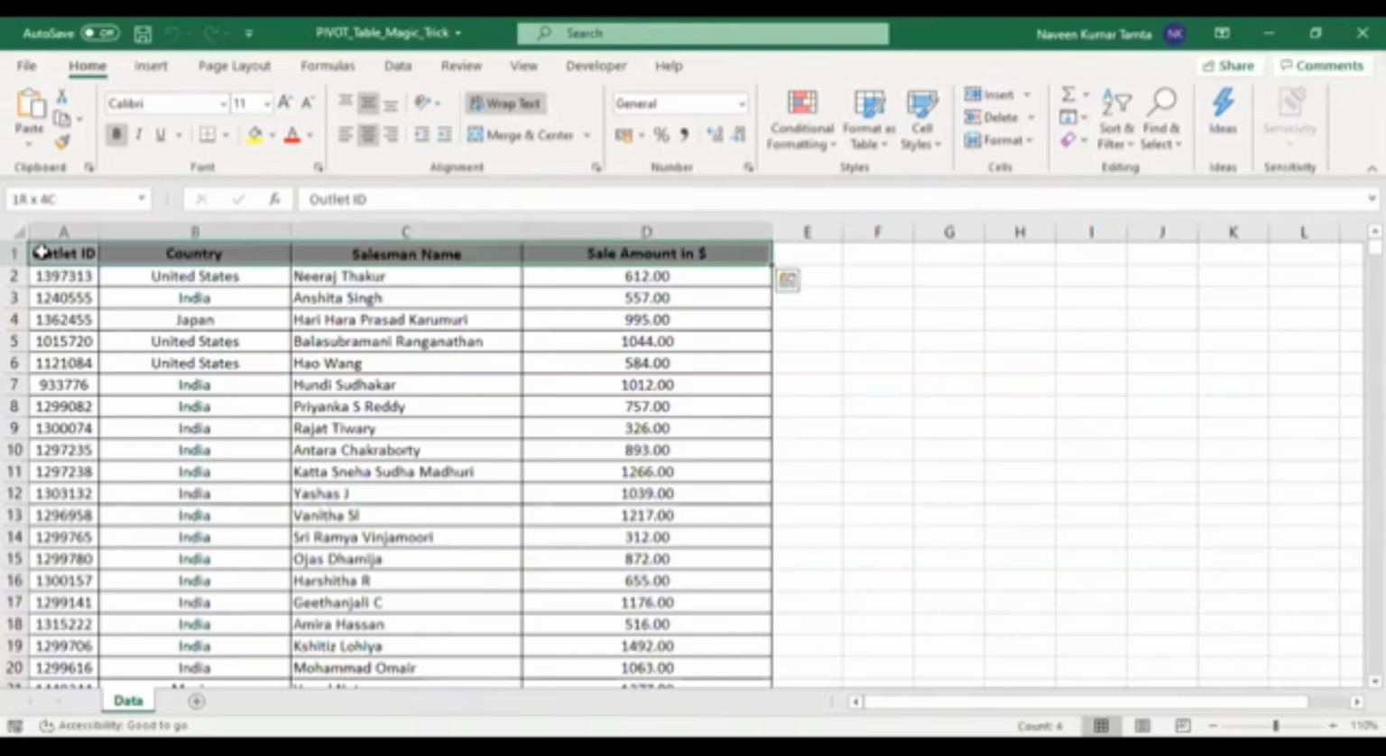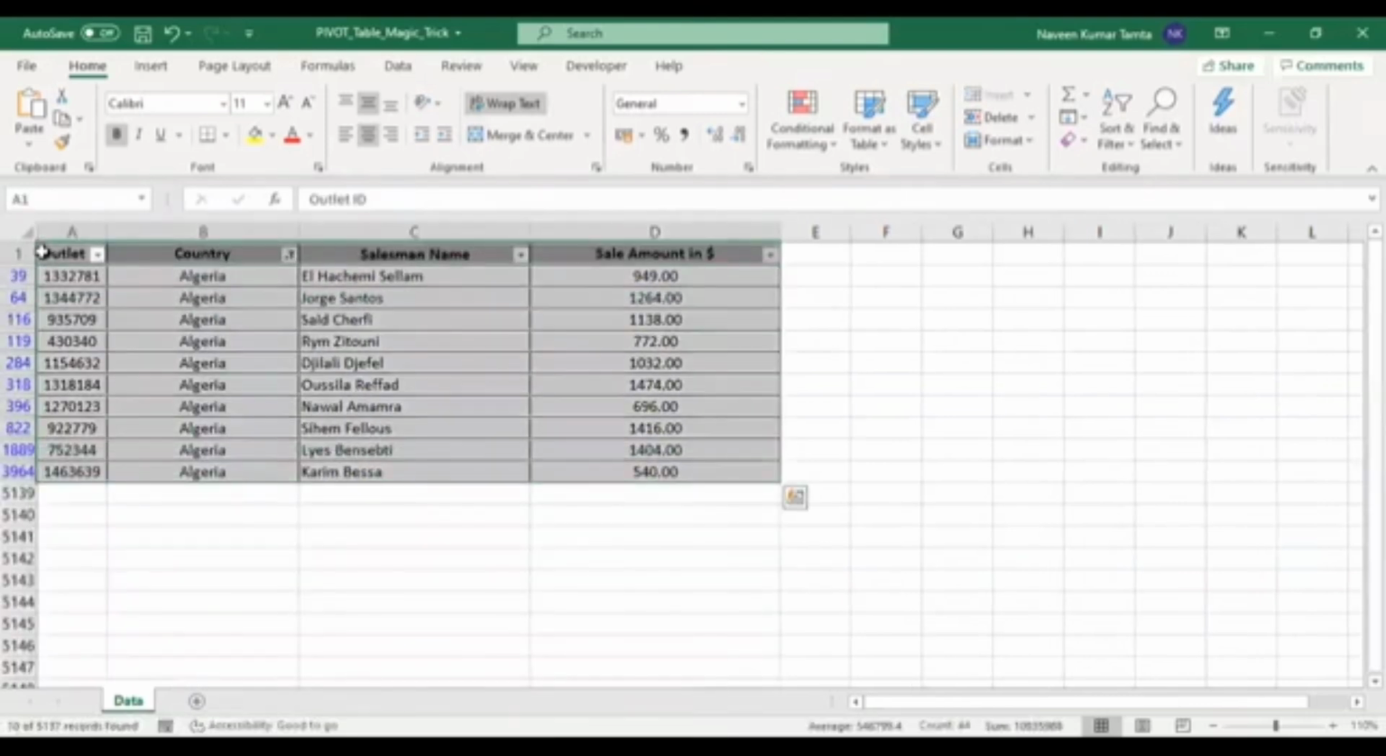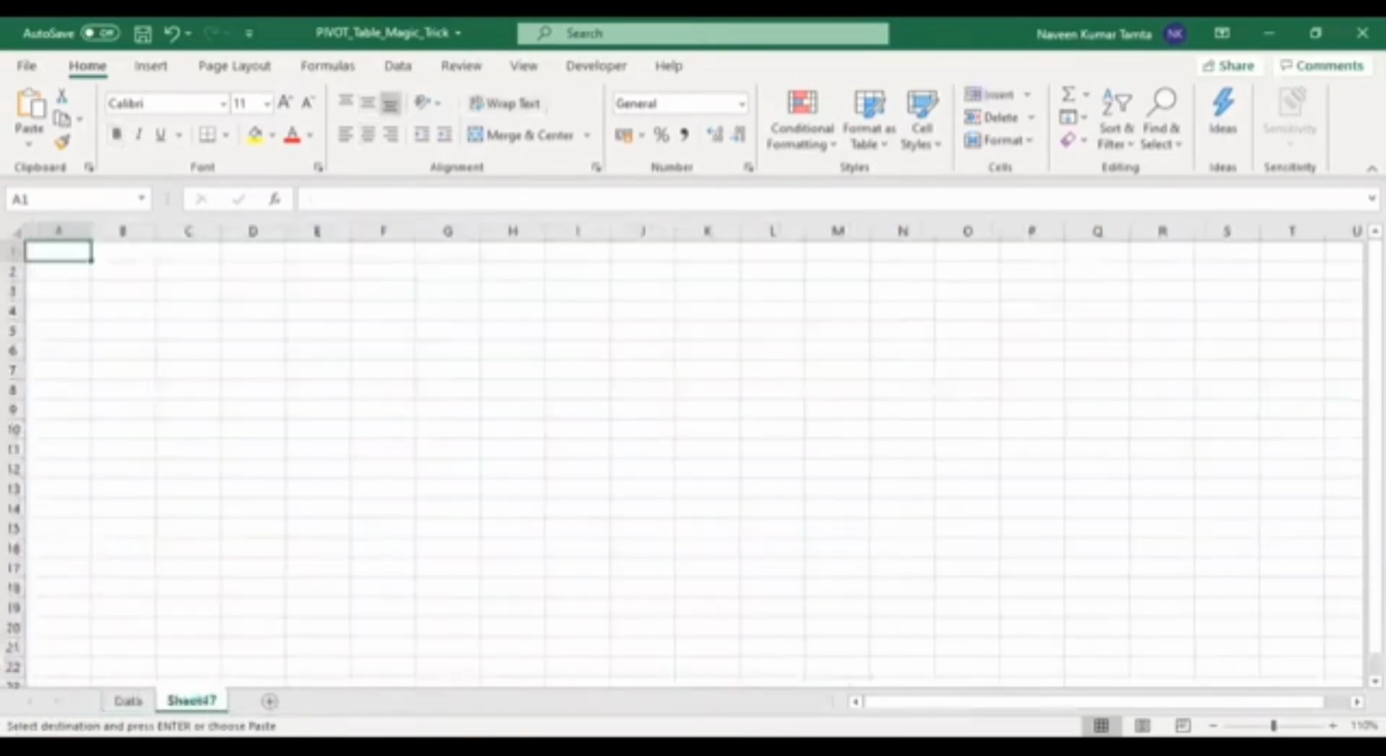So here guys, first of all, I will do it manually so that we could have a look at how long it will take if this activity is done manually. And then I will show you the magic trick without macro. In order to do this, I will apply a filter here, and in country names, I will select the first country as Algeria, select the data of this country, then click here,